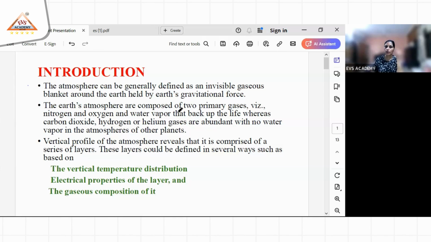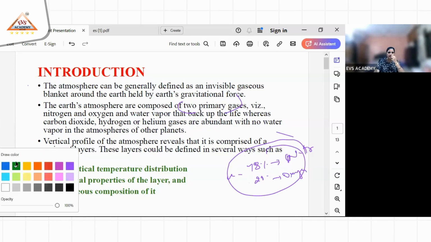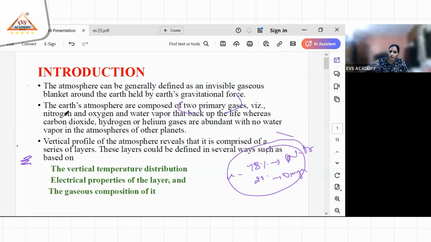Now, the Earth's atmosphere is composed of two primary gases. We know that 78% is nitrogen present in the atmosphere. After that, approximately 21% oxygen is present. So we call these two the primary gases, nitrogen and oxygen. Water vapor is also a very important gas, but